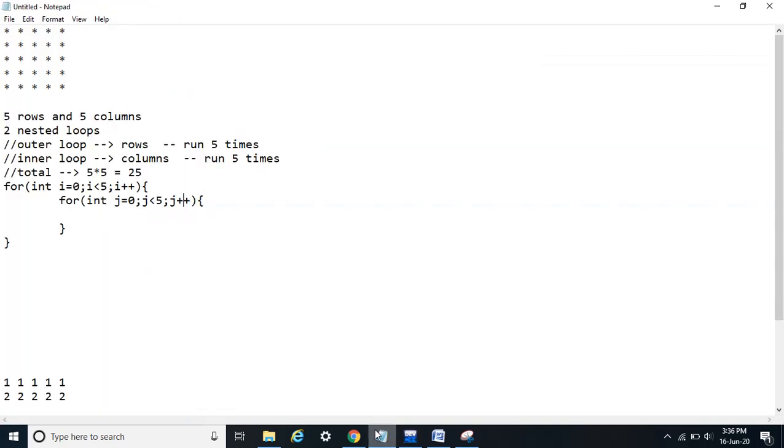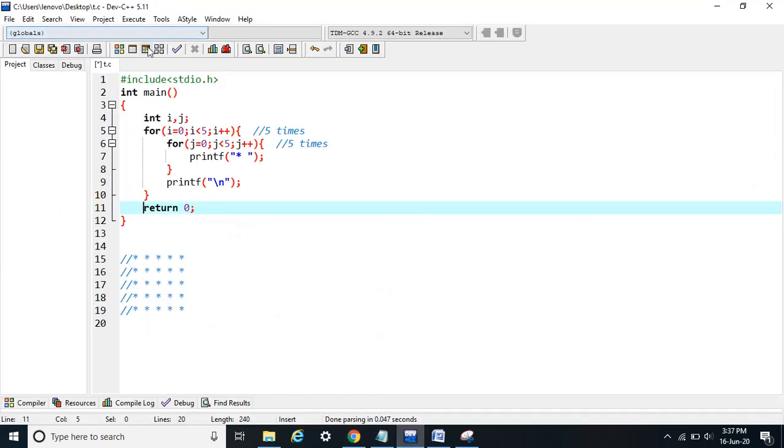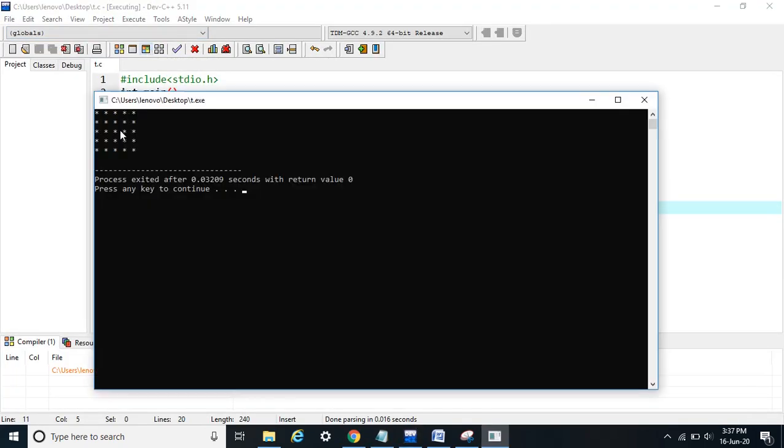We will get this similar output that we want here. Let's run the code. So see, we have got the same output, 5 stars for the 5 rows, and our program is now complete.